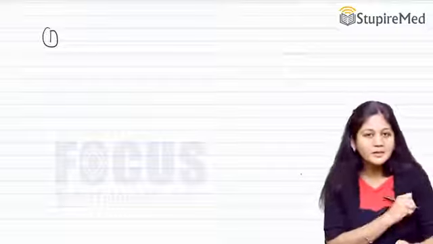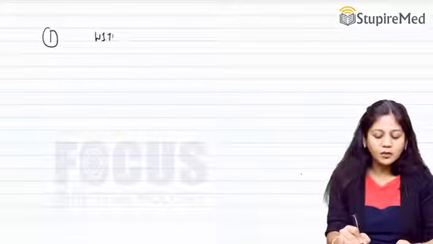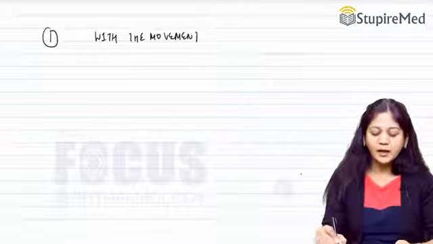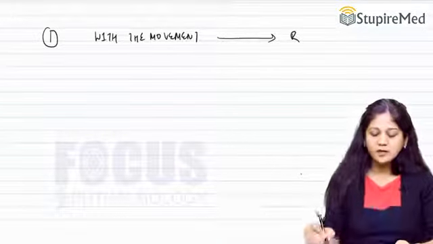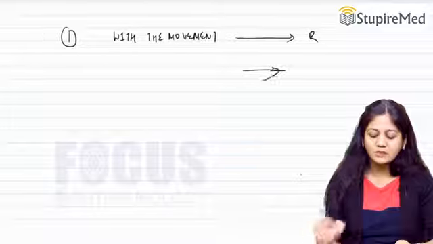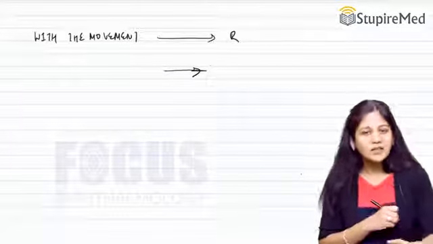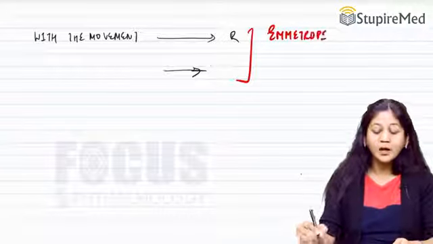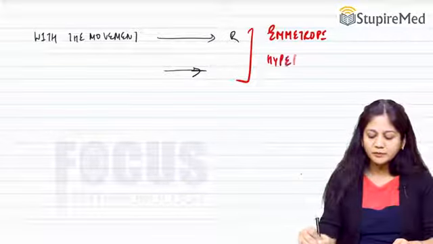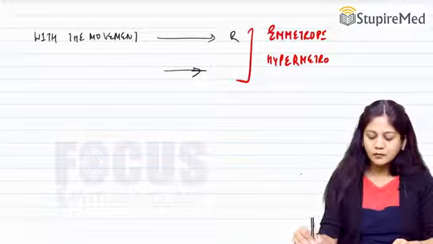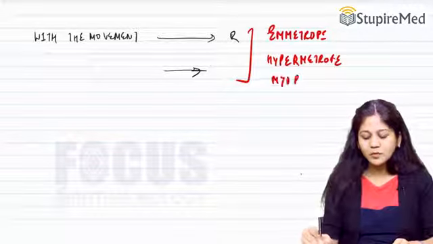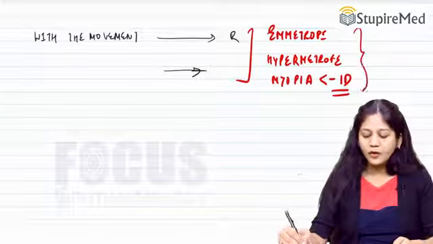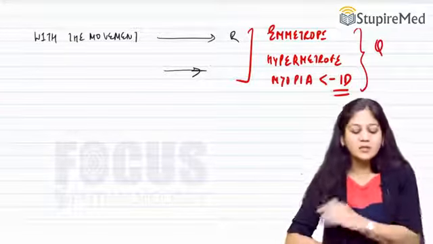So, the first finding can be with the movement. With the movement means that when I am moving my retinoscope in this direction, the patient's reflection is also moving in the same direction. Now, this suggests that the patient is either an emmetrope or he is a hypermetrope. Or sometimes he may have a small myopia which measures less than 1 diopter. Okay, so this is a very important question. What does with the movement suggest?